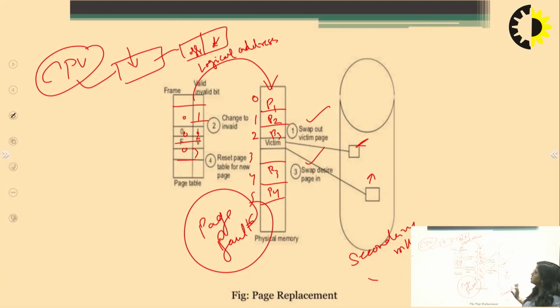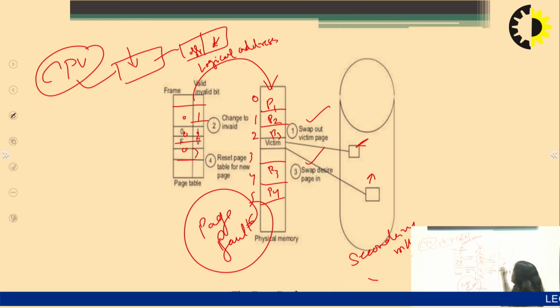In any case, if the CPU requires a page but this page is not found in physical memory, that time we need a page replacement technique. According to page replacement, the old pages are found, and the page demanded by the CPU is stored here.